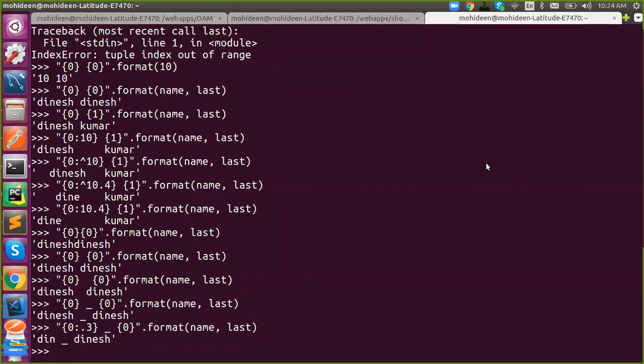Got it? No, sir. This was clipping the last three characters, ESH, but I want to clip the first three characters. First three. Okay.